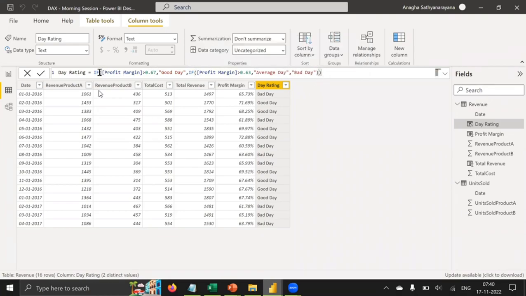So once the first condition is not satisfied, it moves on to the second condition. And the second condition is saying if profit margin is greater than 63%, then call it an average day, else call it a bad day. So the condition for the bad day is now if the profit margin is less than 63%. So this is how you can include a third category called average day using the nested